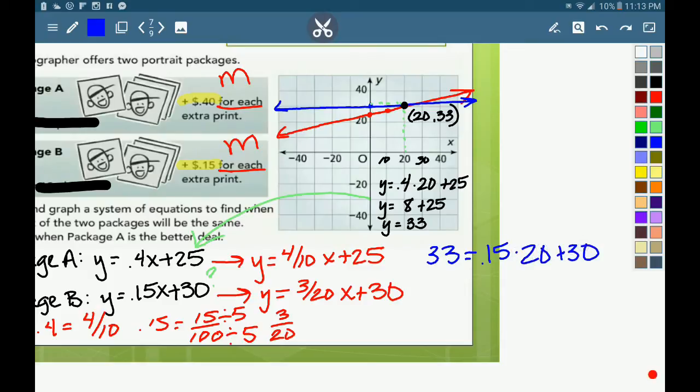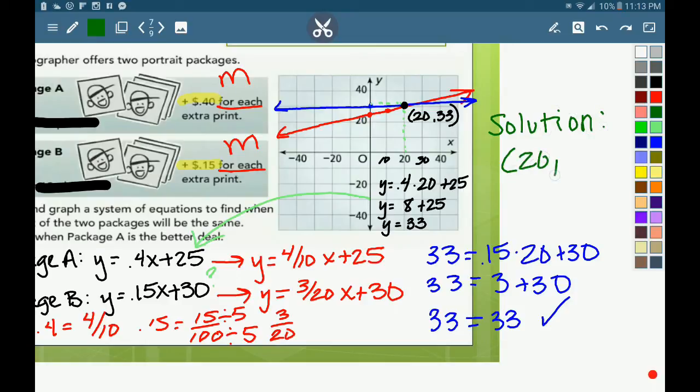Now if you were to type 0.15 times 20 in your calculator, you get 3. 3 plus 30 is in fact 33. So the point (20, 33) works in the second equation, and I derived it from the first equation. So the solution here is